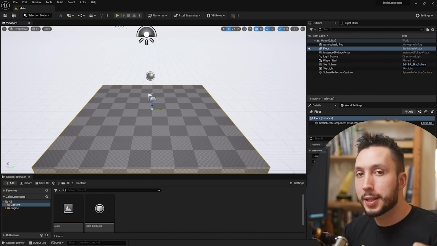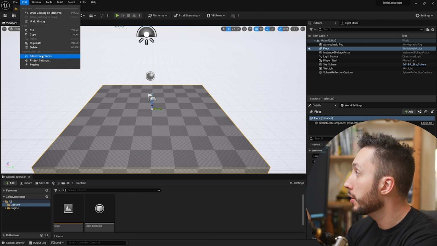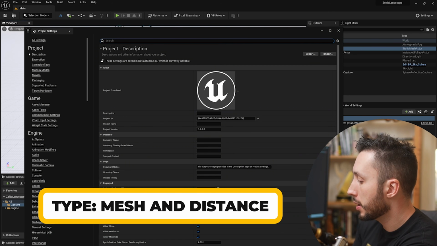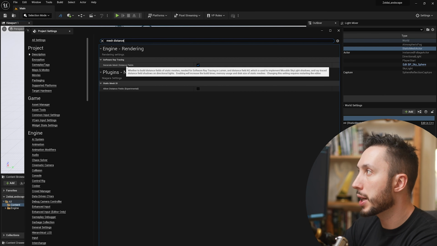Okay, so I'm going to start with this completely empty project, and the first thing I'm going to do is enable a few things in the project settings. I'll go up to the edit dropdown, come to project settings. Let's type in mesh and distance, and you want to double check that you have generate mesh distance fields